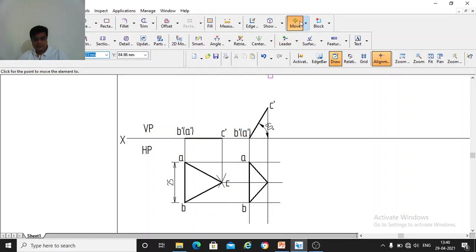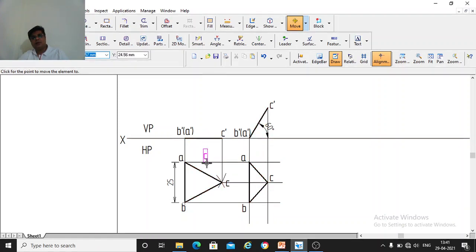Similarly, C, you write here using your HB pencil. So this is the top view. A is here, B is here, but C has reduced here in top view. So this is the front view and top view when the plane is inclined at 60 degrees to HP.